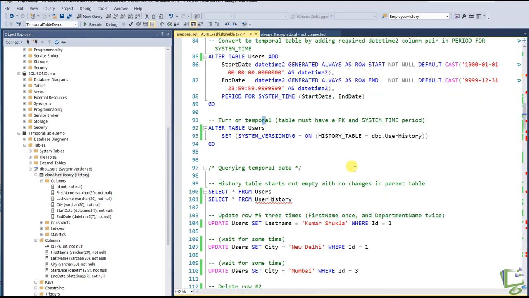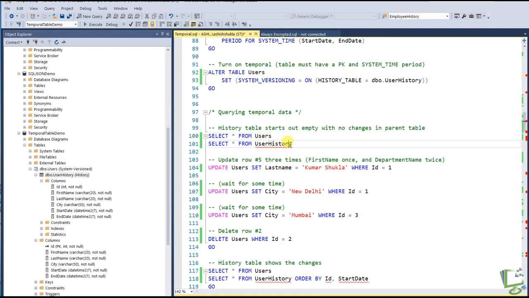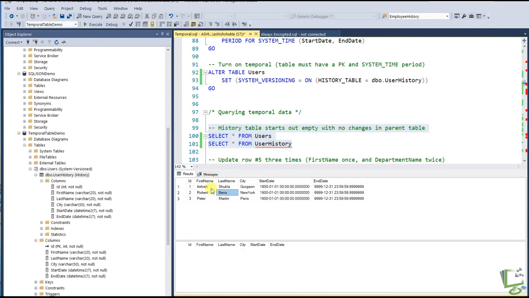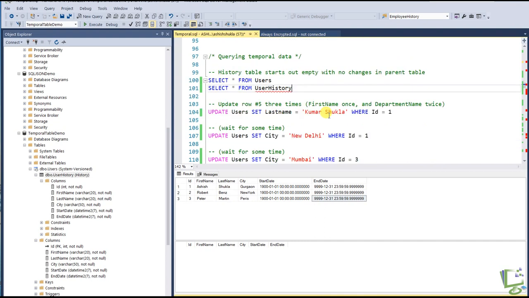So now let's query both the user table and the user history table. Currently in the user table we have 3 rows, and in the user history table we do not have any data,